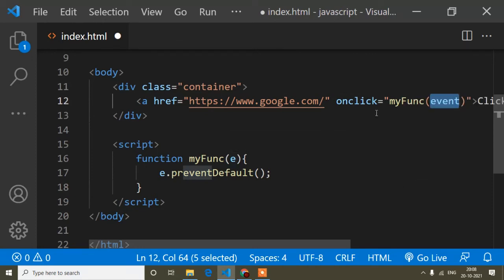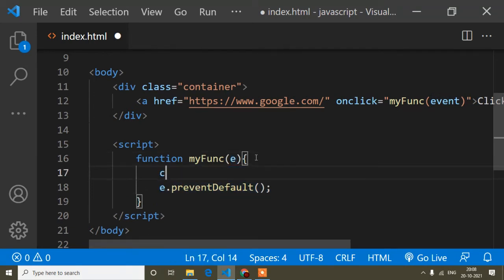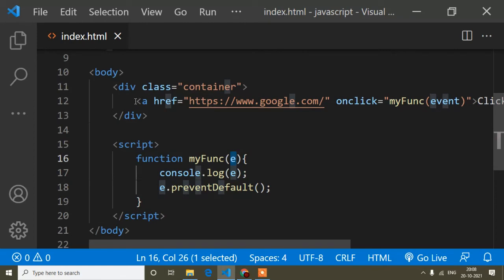When I get the event by this e, because here I passed e, after that I wrote e dot prevent default. Suppose I console dot log e, you will get the event of the anchor tag in this e parameter.